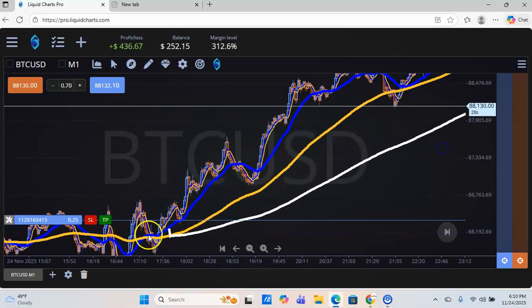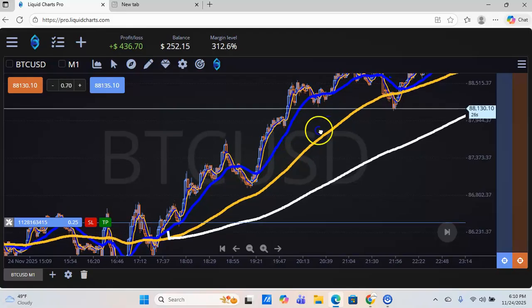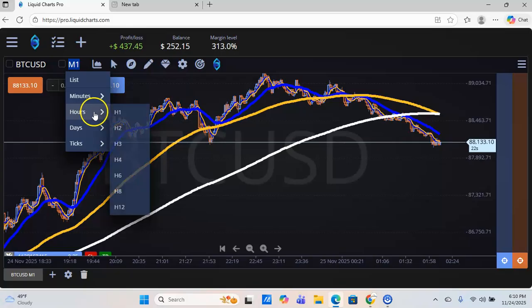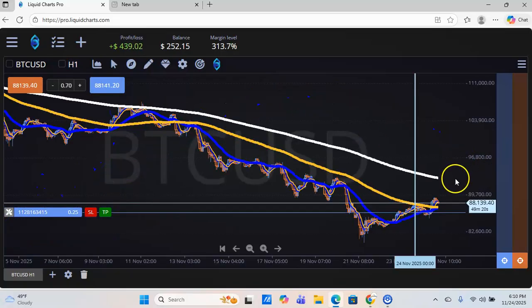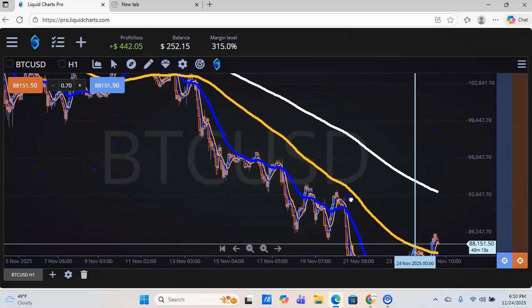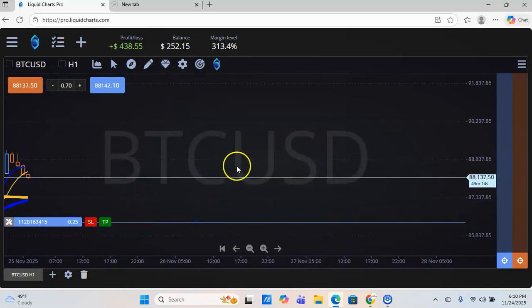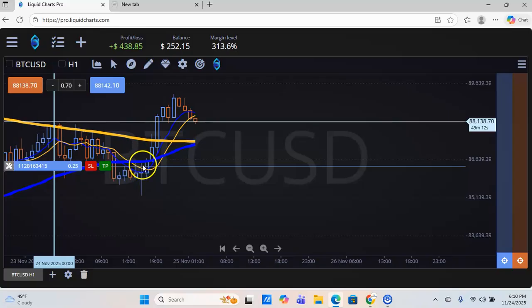If you watch the other video, I got it from here to here on the 1 minute time frame. That means the hours just went up like that. I mean, there's probably a down trade going on right now, and if you watch the other video, I was talking about that. The price went up for a few hours, and it's finally going down.